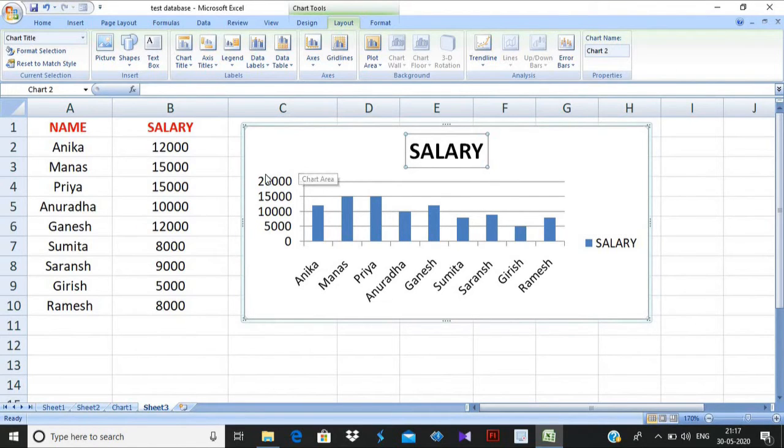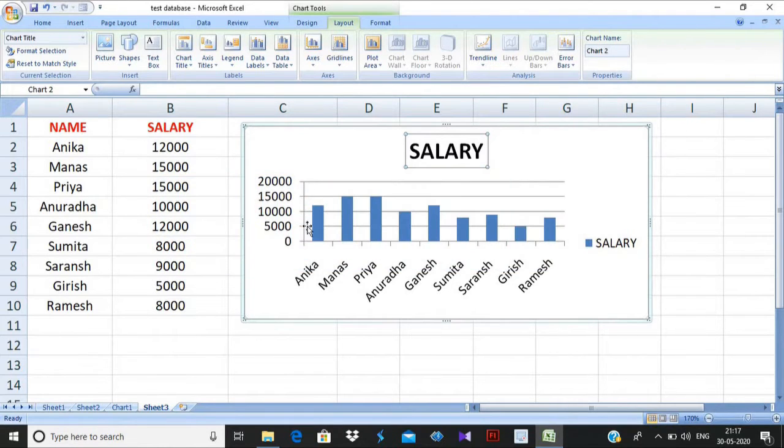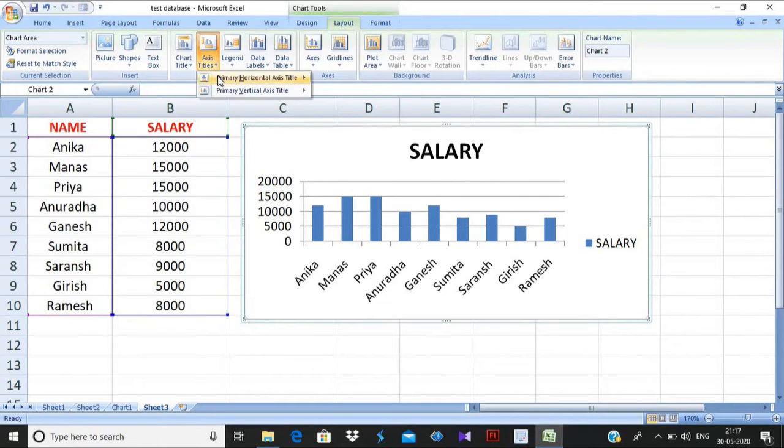Second, adding axis title. Axis title means this is the x-axis and this is the y-axis, and in the axis title you write what each axis is describing. Suppose what the x-axis is describing and what the y-axis is describing, you can write that also. For that, first select the chart, then go to axis title.